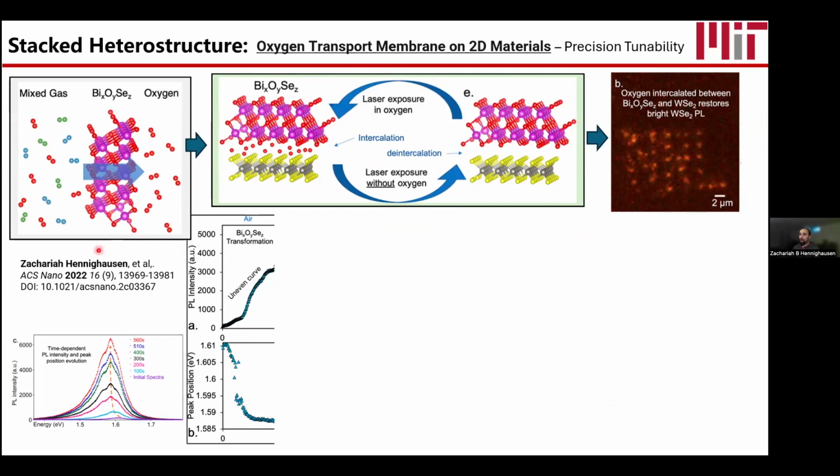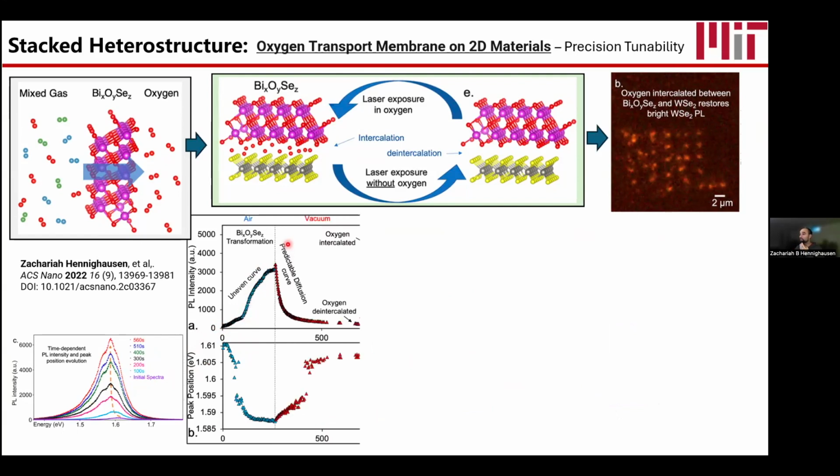And how high can we make the precision? Each data point you see in this curve, and there are hundreds, is actually one whole spectrum. We extracted it using fitting, so the error bars are pretty low. This is the photoluminescence intensity going up in air and oxygen, then going back down in vacuum as we de-intercalate, and going back up in air.